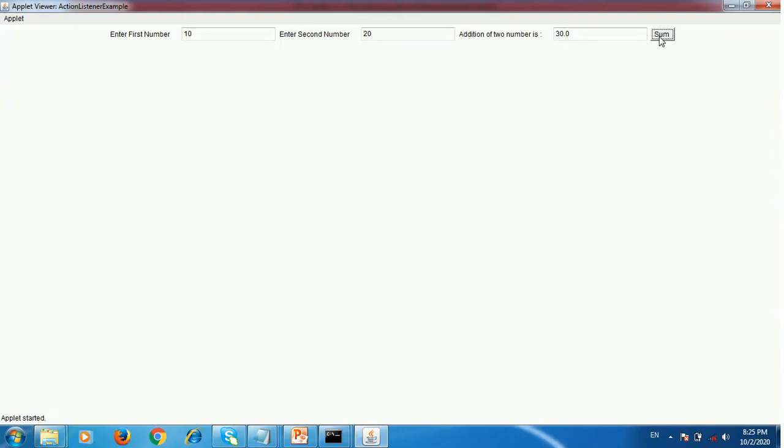So when you click on a sum button, that time the action performed method is invoked and the addition is displayed in the text field 3. This is the output of our program. Now next, see